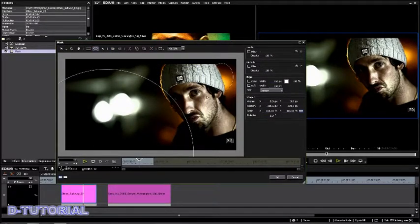One there, and we soften the edges by just clicking the soft edge tick box and then both sides of the mask. We soften that by like 700 pixels, and I'm going to put a filter inside